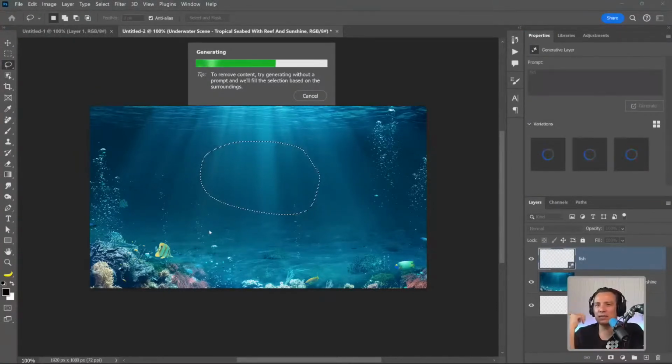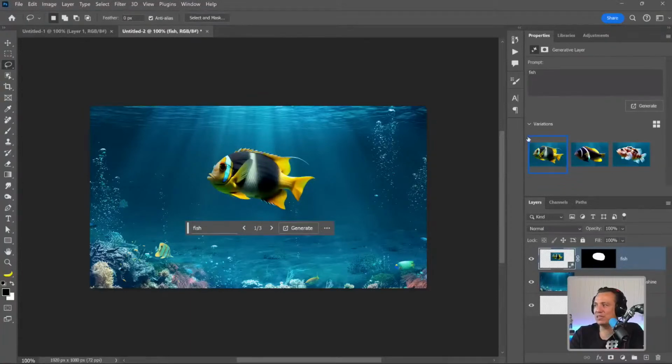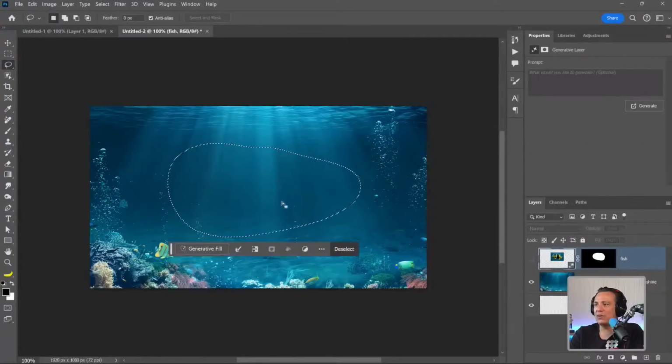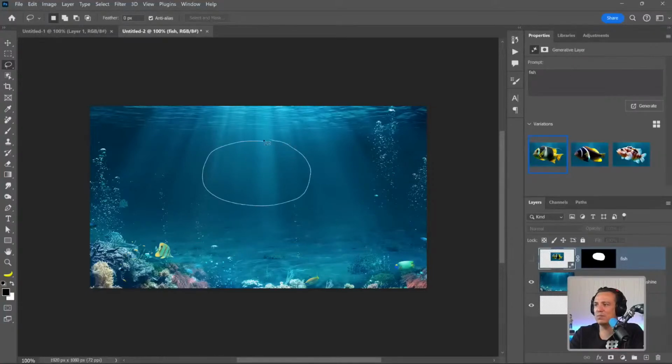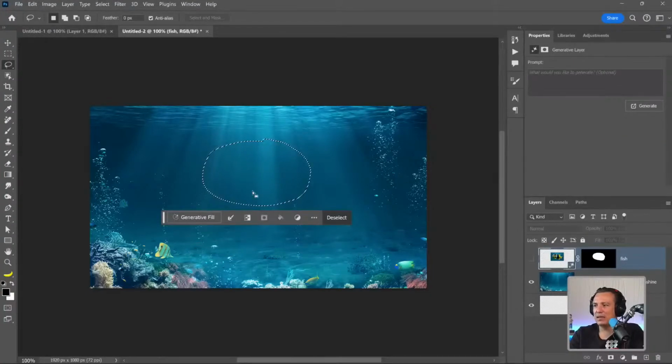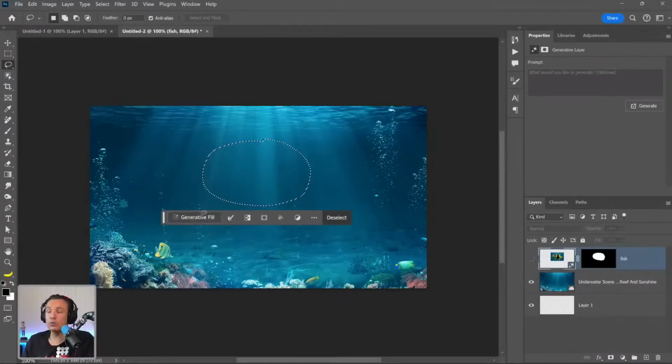It might look almost like a sticker, like on top of this image. I'm not sure what Photoshop will generate this time, but from trying it out, you'll see that it doesn't look too bad. It looks pretty good, but it doesn't look like it's really in there. It doesn't look like it's really deep in the water. So what I can now do is make a selection, and I'll fill this selection with,